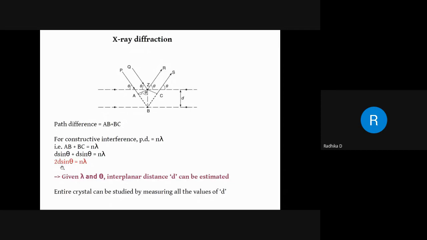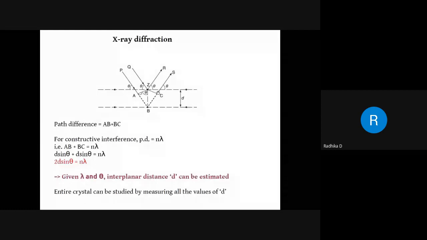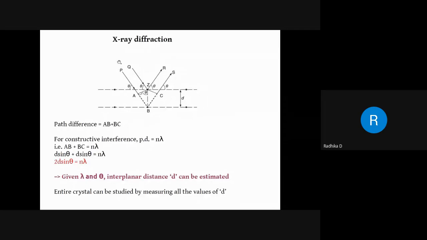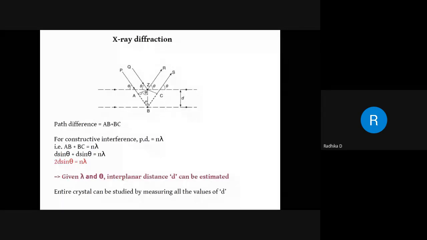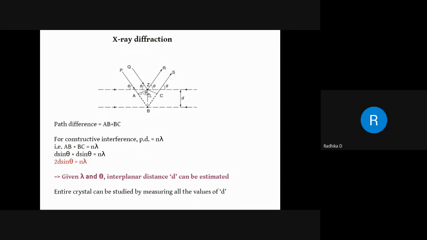Okay, now what next? One important point I expected you would ask in the previous class, and nobody asked. Let me say this. Why do we use X-rays for diffraction in the case of crystals? Why not optical light? The normal diffraction, Young's double slit experiment, which you would have studied in your school, uses optical light. But here you are using X-rays.